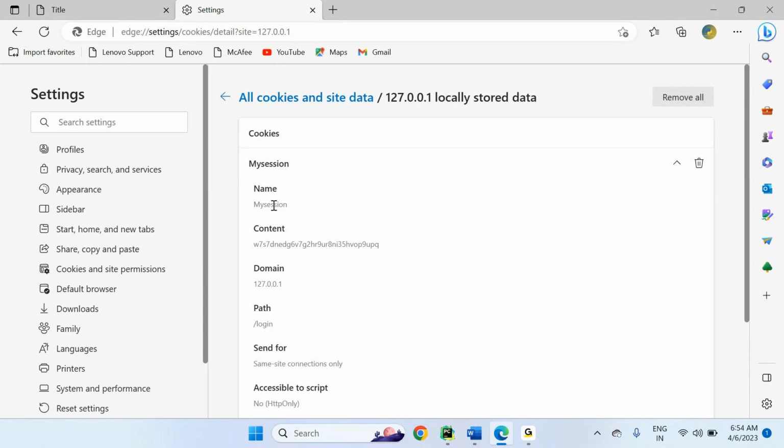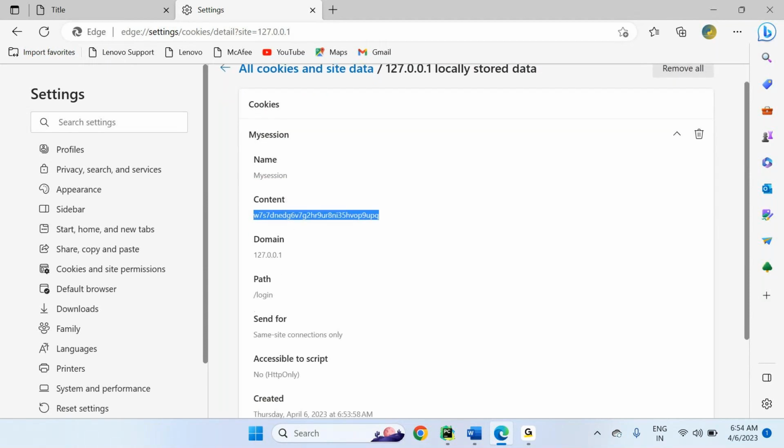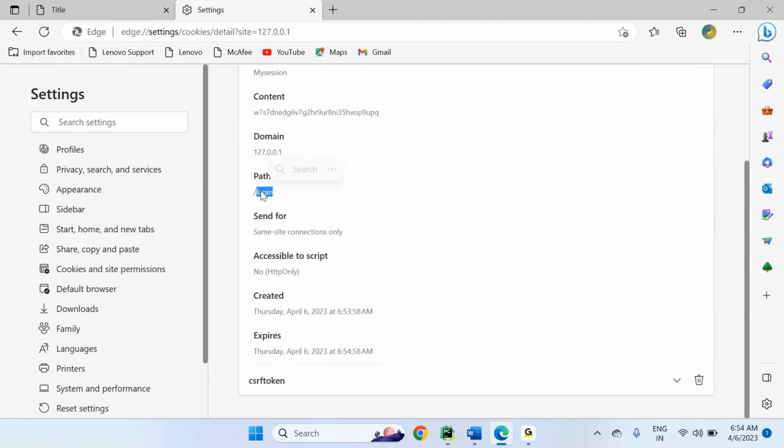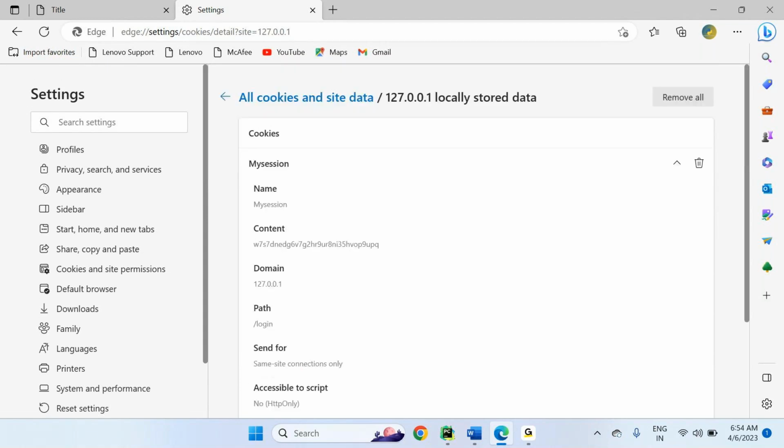So previously the default name is what? Session ID. The content is what? Is a new session cookie created or not? Yes. But look at this, the path is what? Login. I said this login path. But look at this expires. Created today Thursday, expires Thursday itself, April 6, 2023, 6:54:58 a.m. After 60 seconds, this session cookie will be expired,